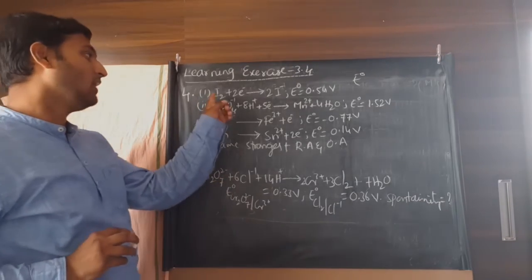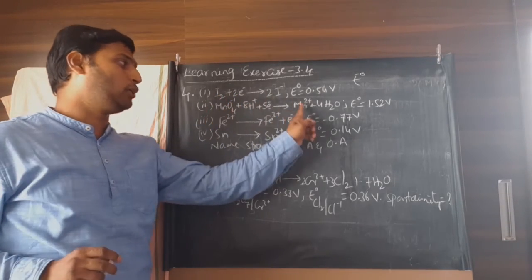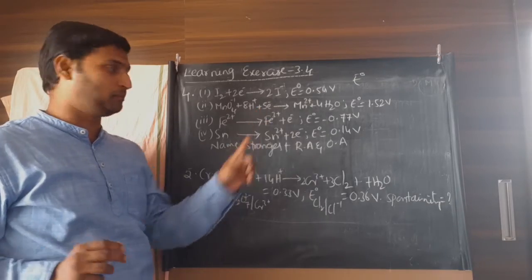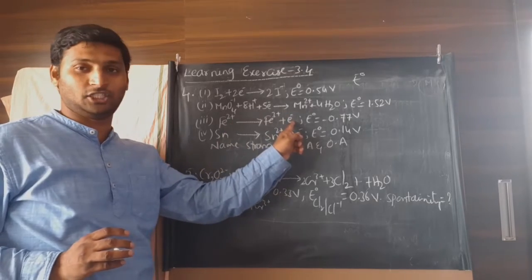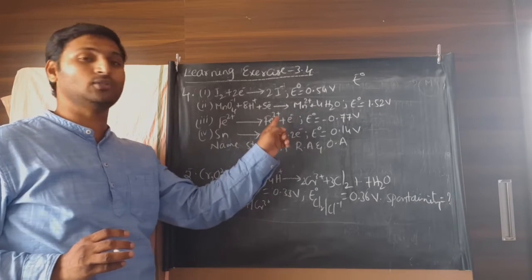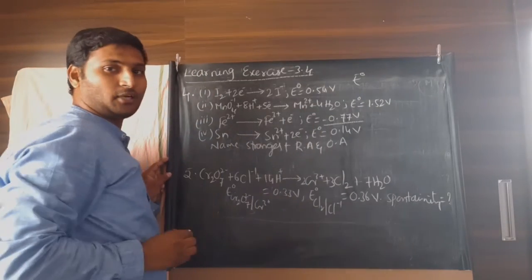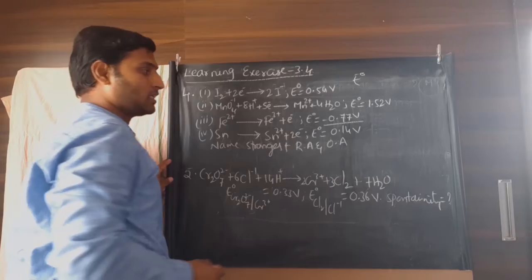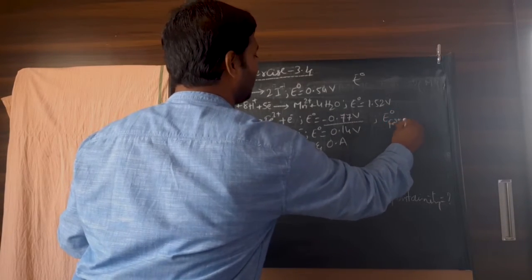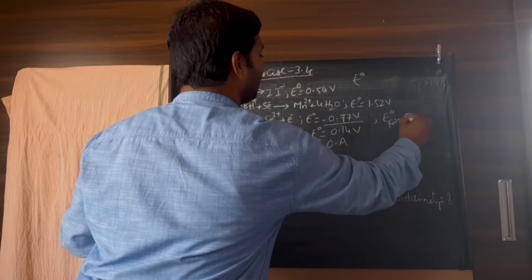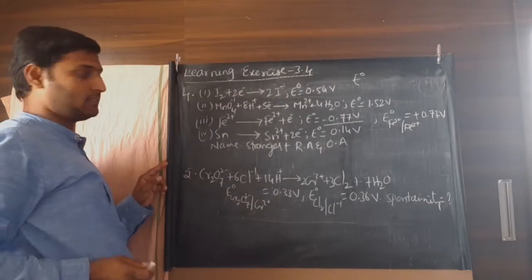That way, if you see, iodine to iodide, of course, reduction, no problem. Permanganate to manganese, of course, reduction, no problem. Whereas, observe here, ferrous to ferric is actually oxidation. Ferric undergoes reduction, ferrous undergoes oxidation to form ferric. So, here the value given is oxidation potential. We will have to convert it to reduction potential. So, for the reverse reaction, E0 of Fe3+/Fe2+ is going to be plus 0.77 volts. Keep that to do the comparison.